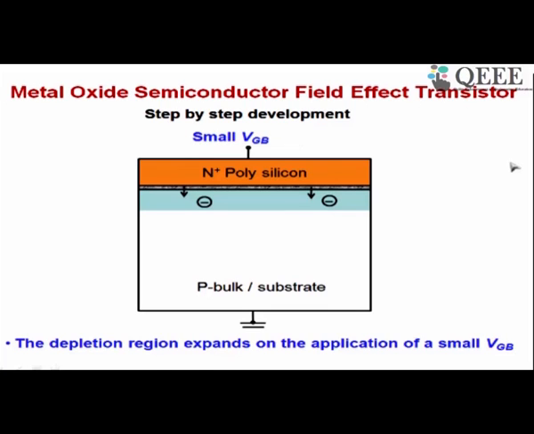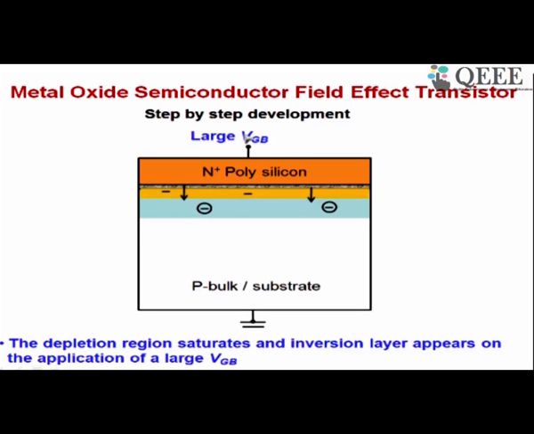Okay. Now let me increase the VGB. Now what is going to happen? Look at this. The depletion region has expanded further, but in addition another region has come with a negative sign. This is the region of electrons. This region which was shown with a negative sign but with circles around it is a depletion region. It is obtained because of ionized acceptor impurities, and these impurities cannot move. Therefore, we show this negative charge with a circle around it to show that it is bound, it cannot move.